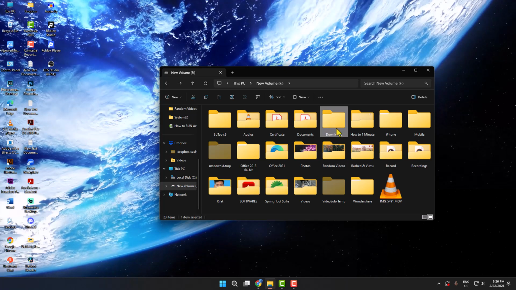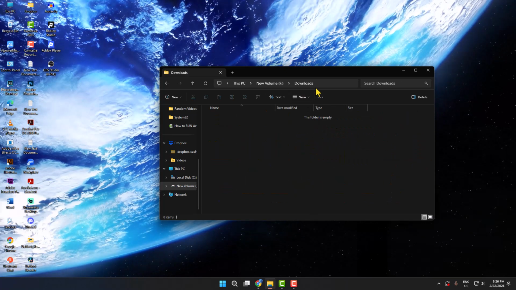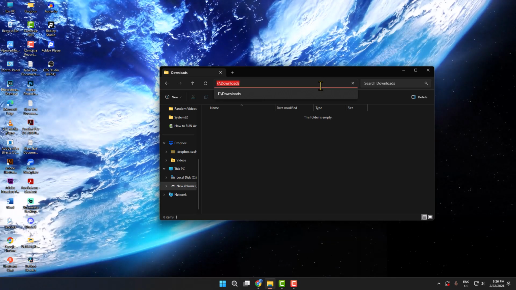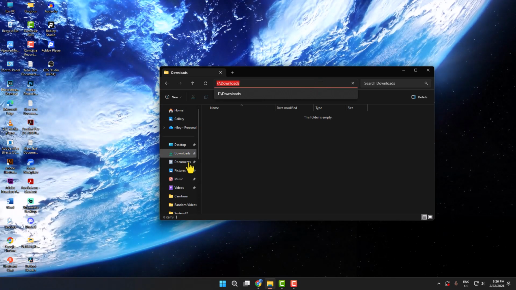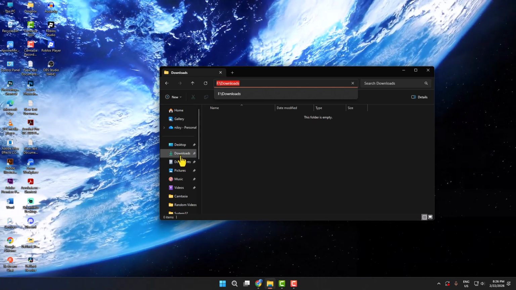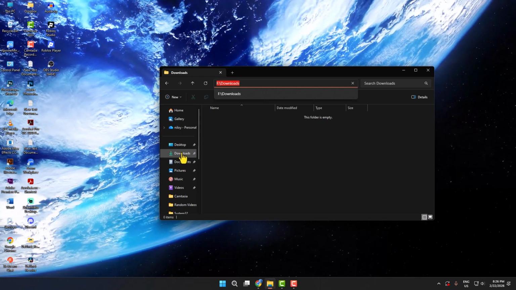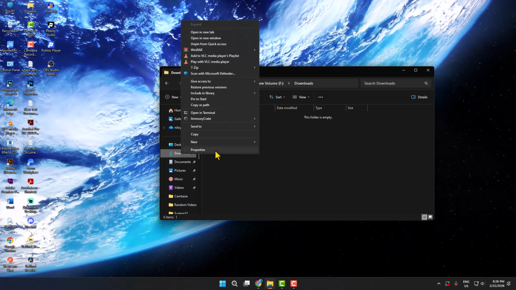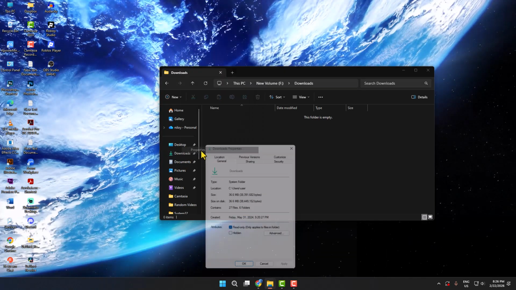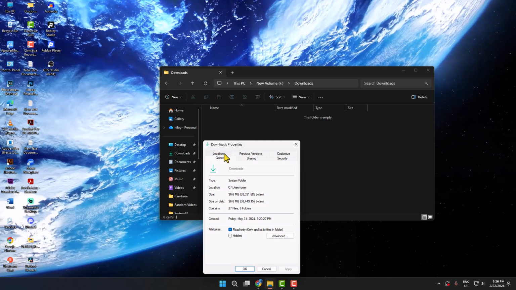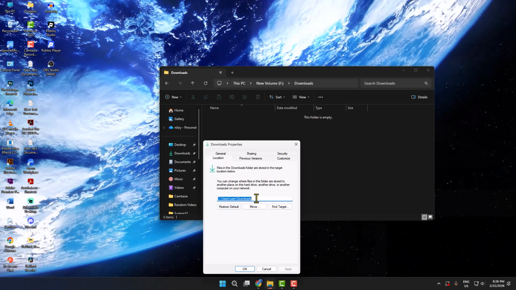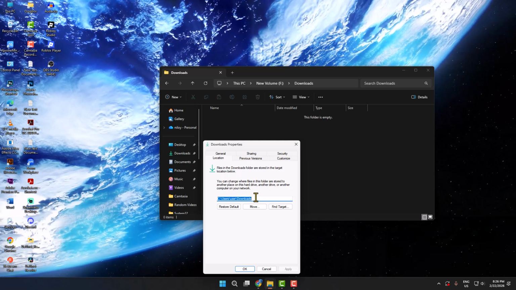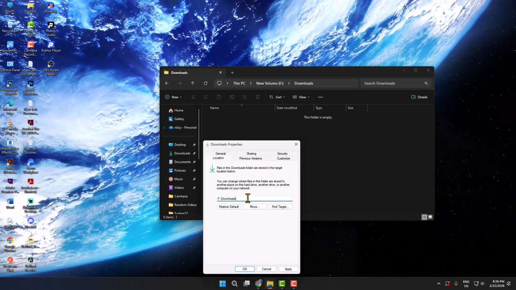Opening this downloads folder and copying this download folder link from here, and then right click on your current downloads folder and click on show more options. Open properties, go to location tab, and here paste your new downloads folder location that you just copied and click